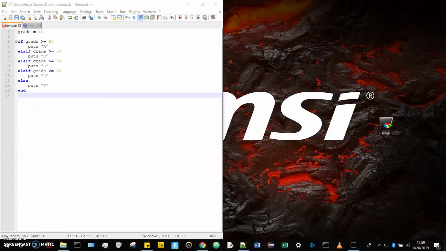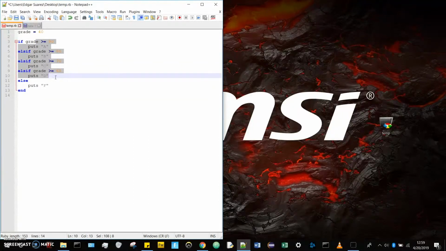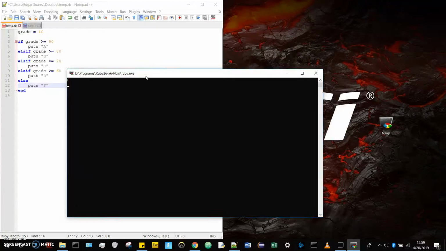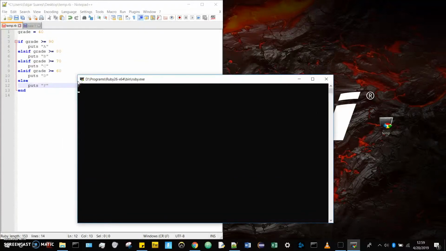For example, in this program, we have our variable called grade, which is assigned a value of 40. In the following if conditions, we check to see if the grade is an A, B, C, or D, or even an F. As you can see, it fails all these conditions, and that way, whenever it reaches the else, it's forced to output F. We can run it by checking right here, and the grade ends up being an F.